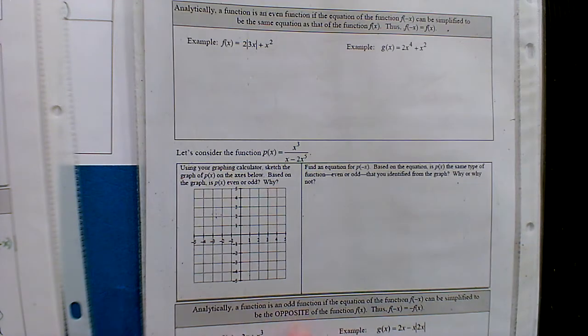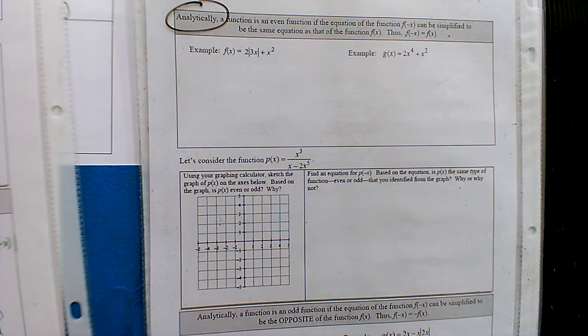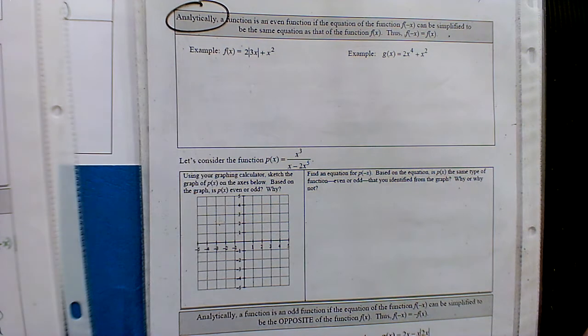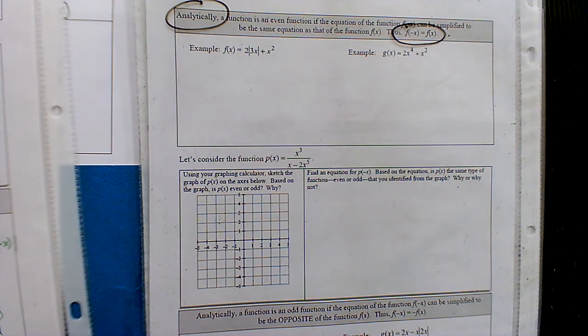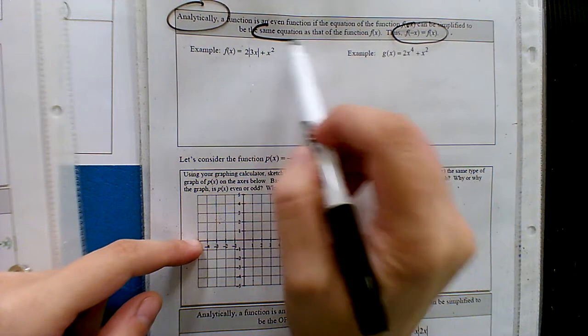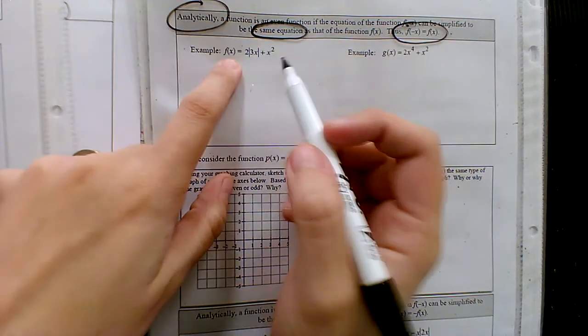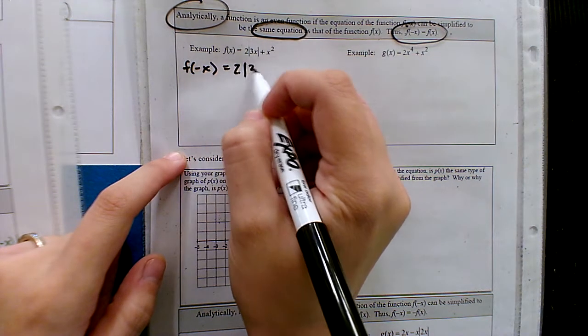All right, on the next page, we're going to analytically, meaning by hand, prove or show that a function is even, meaning it has that y-axis symmetry. We'll get to the calculator in a second. Based off of our notation, we're going to plug in negative x for every single x, and we're interested in seeing if we get the same equation that we started with. We're going to test it. So let's try the first one. If we were to substitute in negative x,